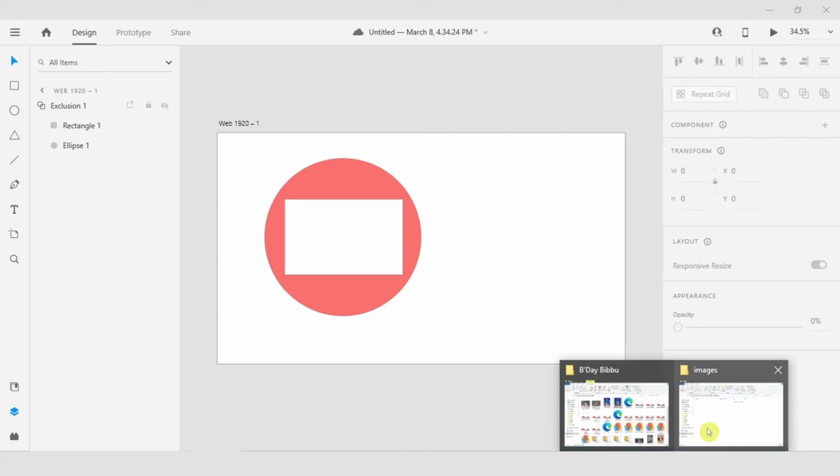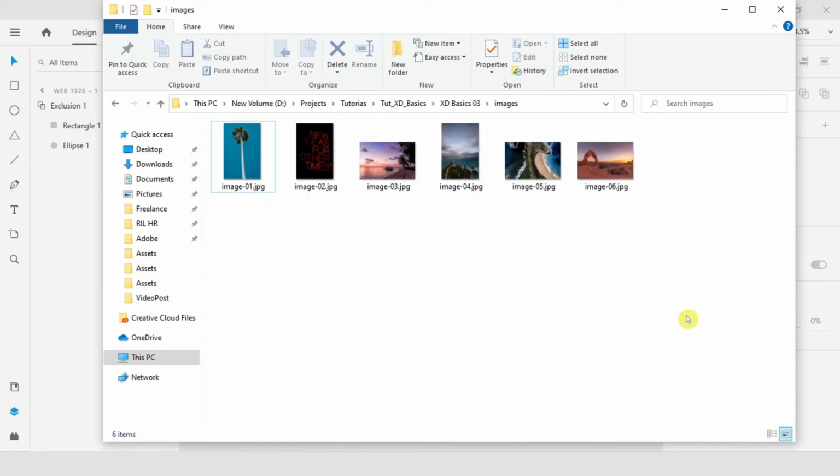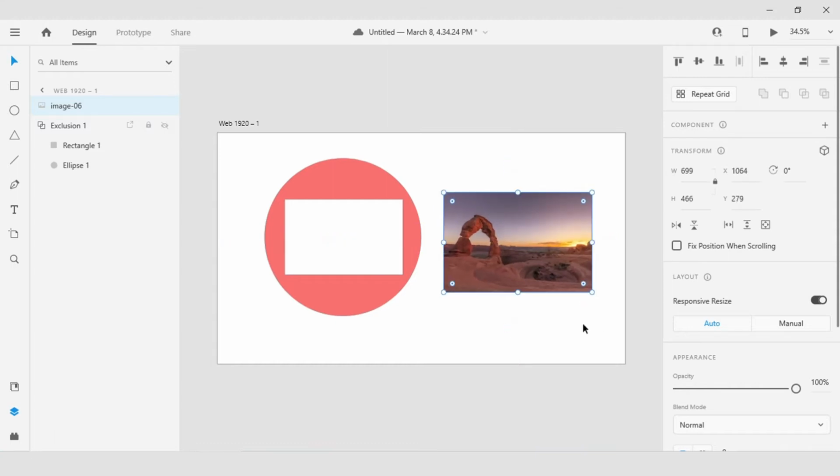I'm going to switch over to the images folder, and here within the folder you will notice that I created a subfolder, images or text. So I have a number of images and some text files that we will work with in a little bit. For now, I want to just select the image that I would like to work with. I will go ahead and select this one and press and drag it onto the canvas. Once it's here, I can come in and drag it to the side, and then grabbing the control handle on the lower right hand corner, press and drag to resize it.